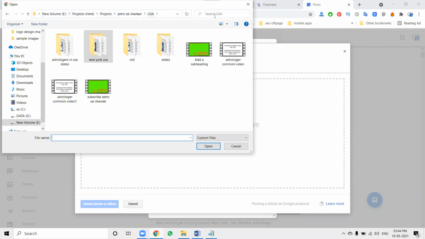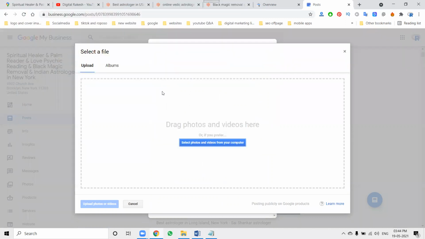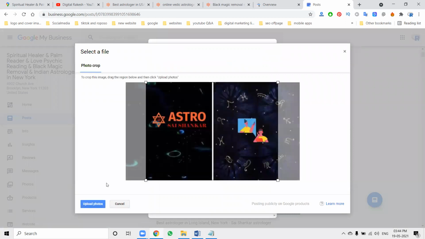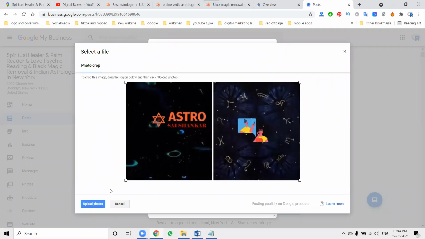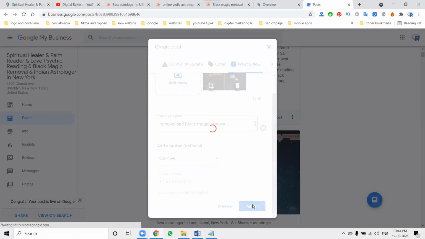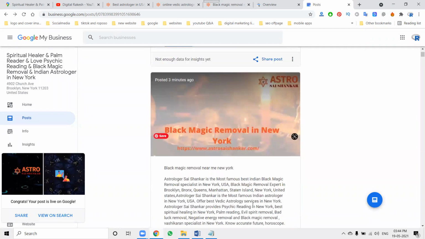In Google My Business, once you upload, resizing is compulsory and important. Resize it and click publish. These are the methods to follow to get the call button on your website.